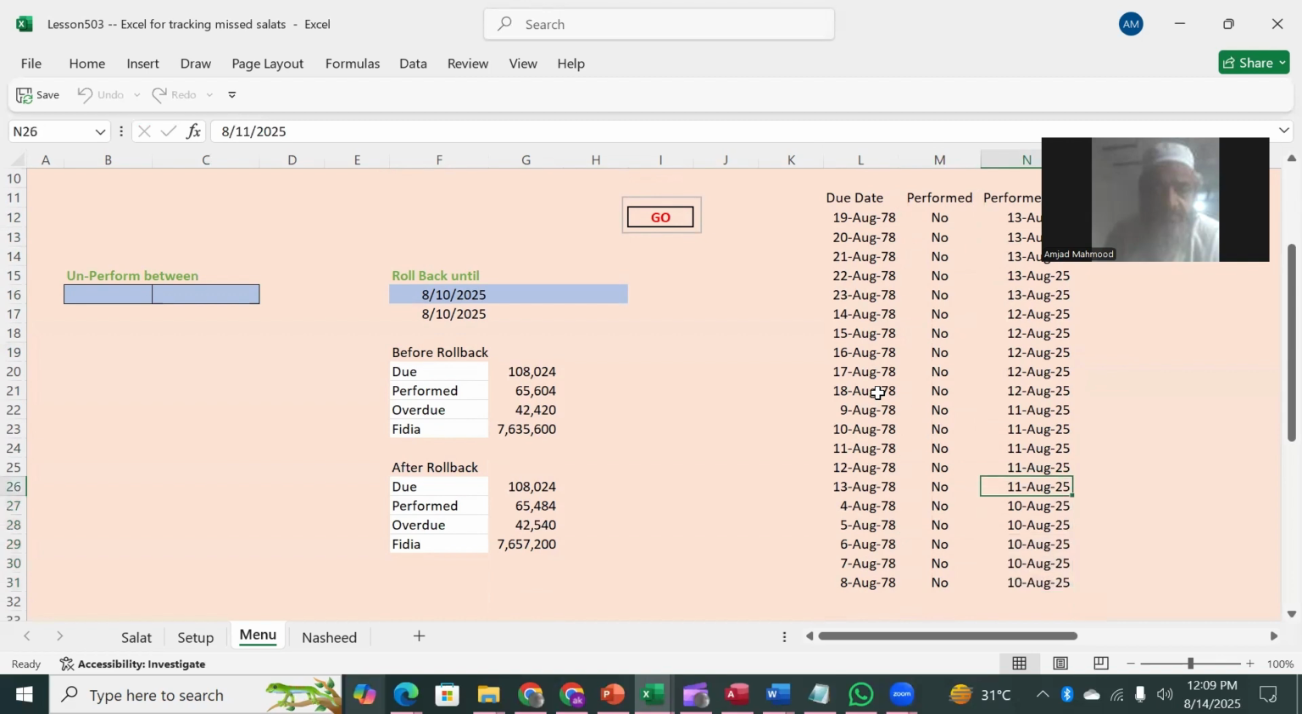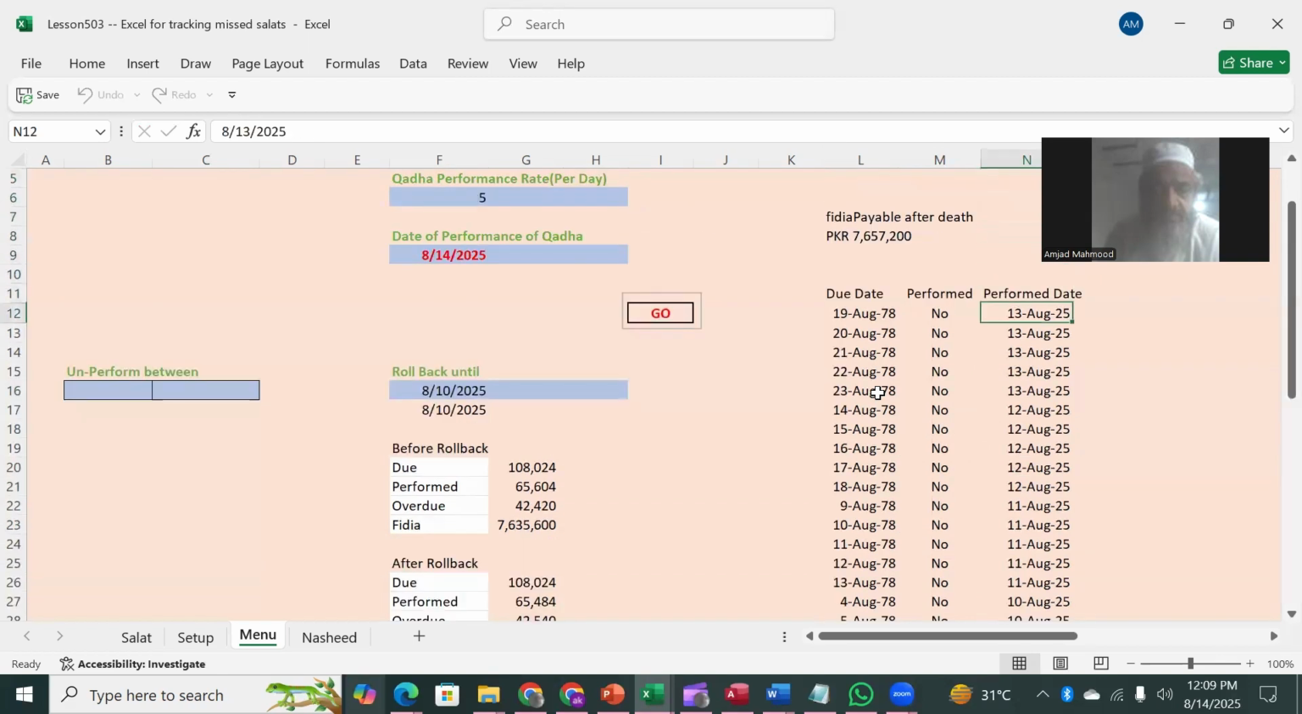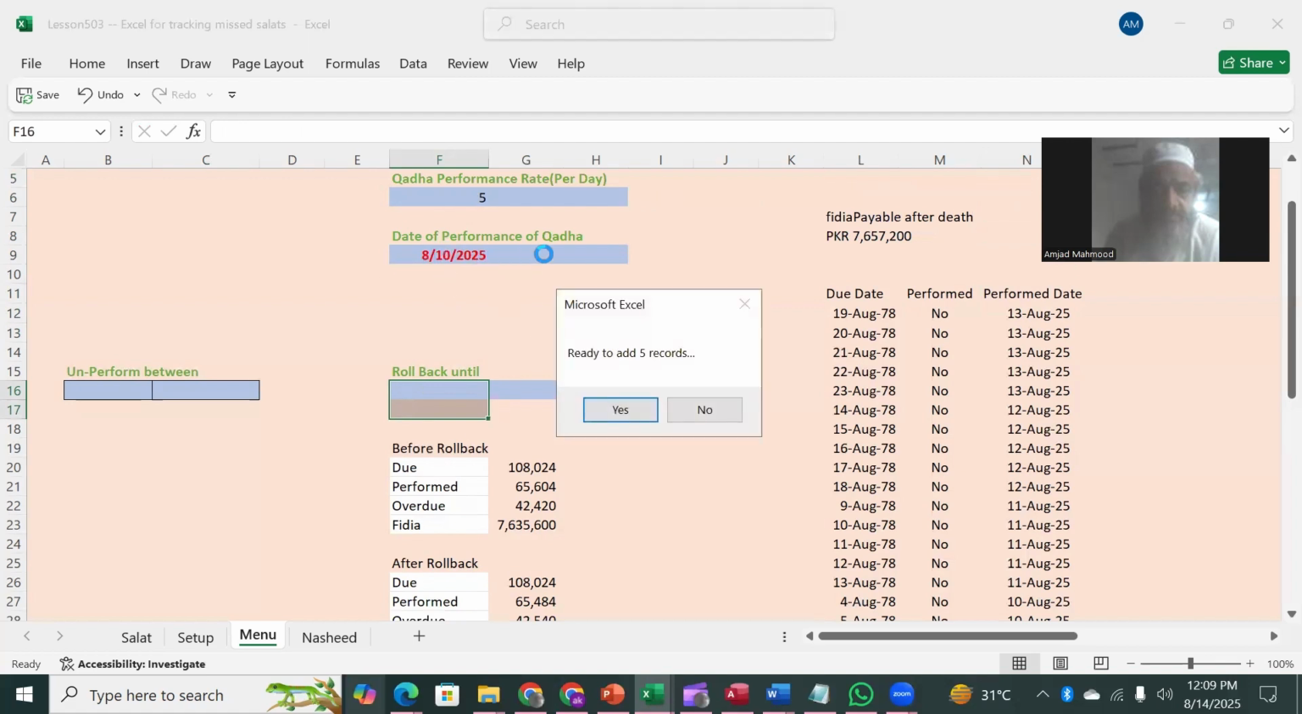They are not performed, okay? Similarly, these 5 entries on the 11th and then the 12th, 13th, and 14th, until the 13th of August, right? So all are unperformed, right? And if we click go again, this will automatically change to the 10th of August. You see the 10th of August because that is the maximum date for which the performance of the activity,